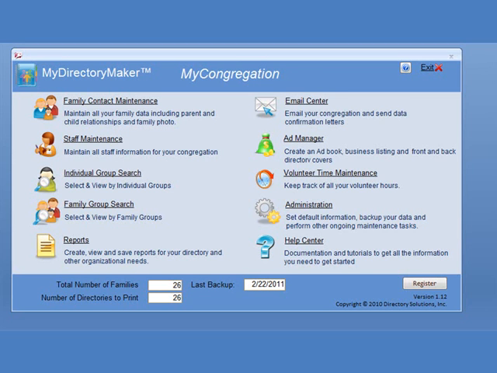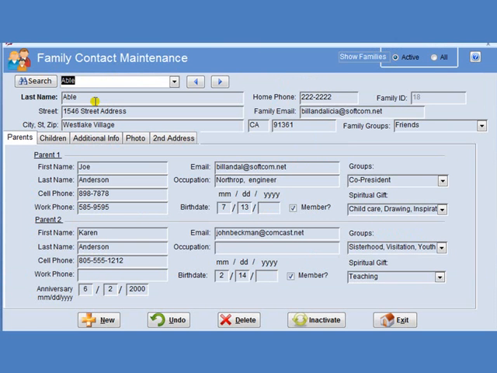This brief video will show you how to add a family with photo in the MyCongregation software. First thing we do is click on the Family Contact Maintenance form. This will open up a new window, and in it at first you can see it'll go to the first